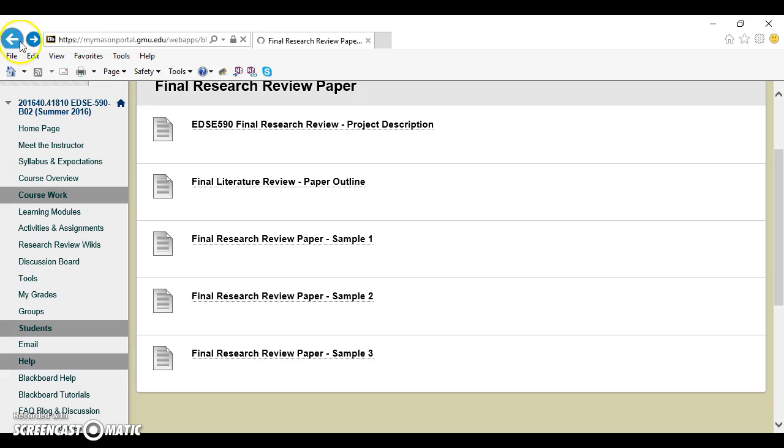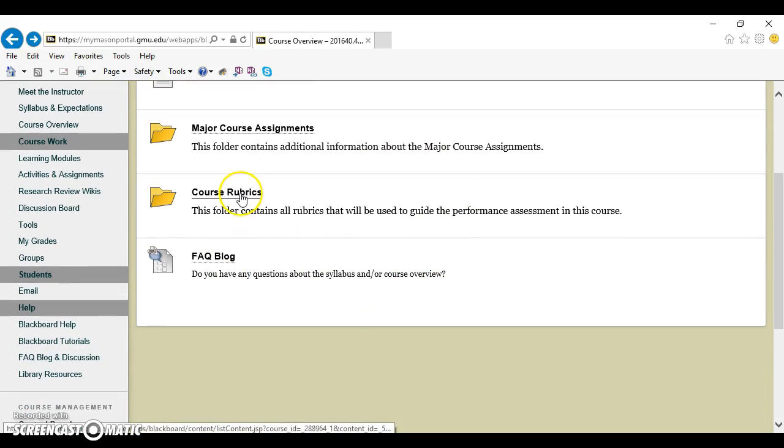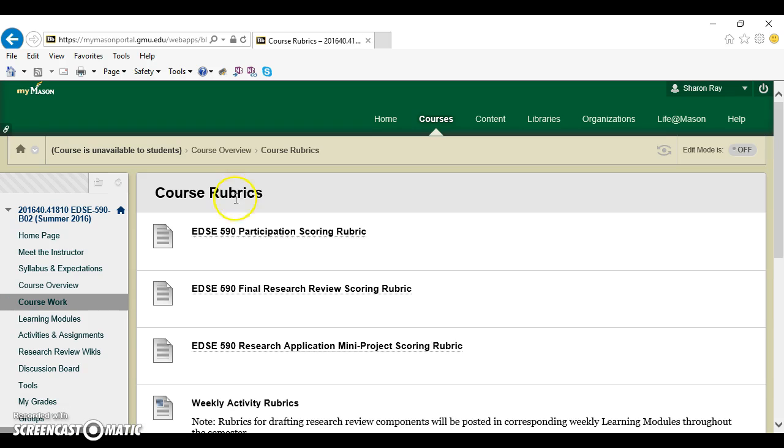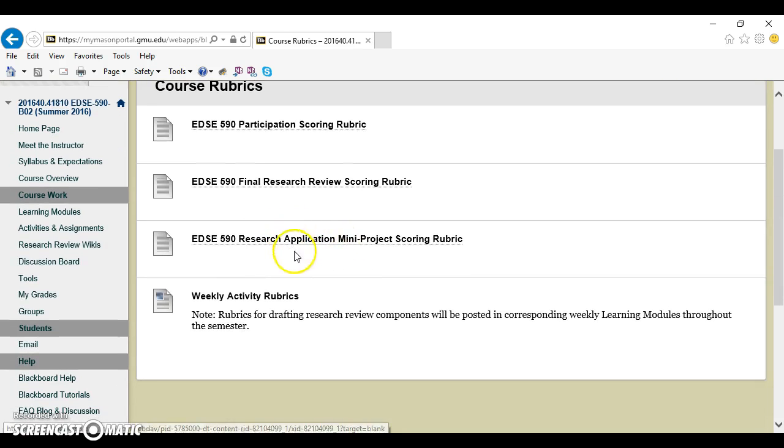Okay, so just a few more things here to make sure we know what we're doing. Here are some essential rubrics from the course. There is one for participation in general, for the final research paper, and for the mini application project PowerPoint. And you'll notice I have a note here that weekly there'll be rubrics posted within the learning modules. So those are just basic participation things that might change from week to week, little activities. Okay, so going back here,